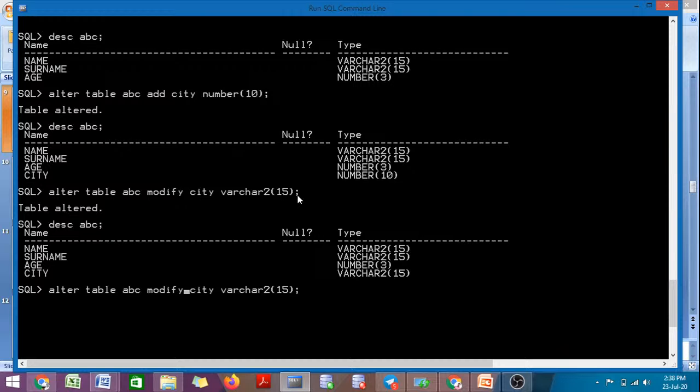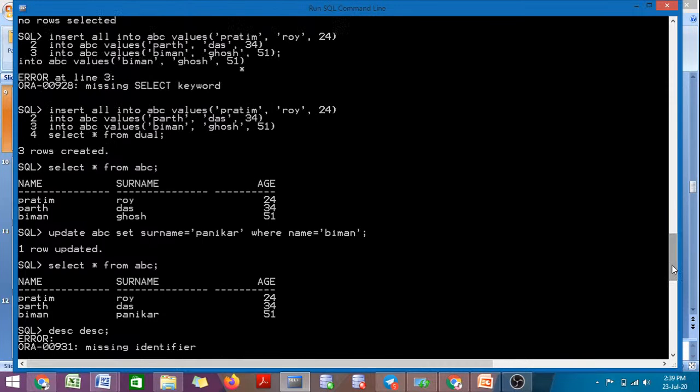And you also may use the where clause also. Dual. One student sent me the comment that, sir, what is the meaning of dual? Dual means the duality. In insert all we use the dual. Actually in insert all command, what is the main purpose? The main purpose is that every time you can't call the keyword insert. Only in the first line you write insert all, and after that into your table name and the values, and